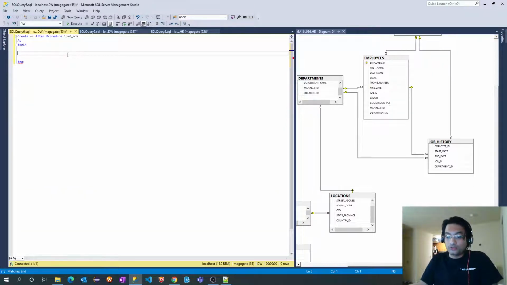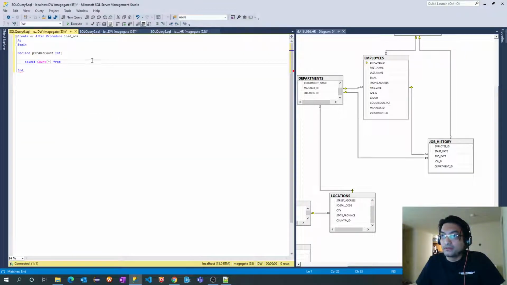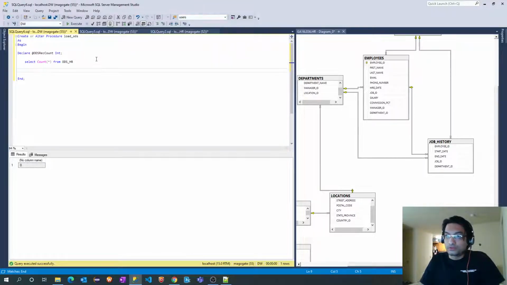Okay, so in the stored procedure, I will declare a variable, ODS record count, as int. Okay, and let me select count star from ODS table. It's giving me 0. So I will store that value in a variable.